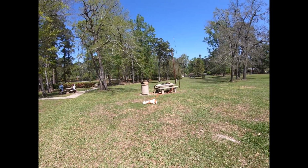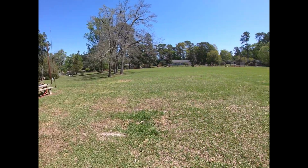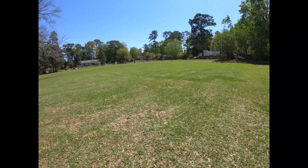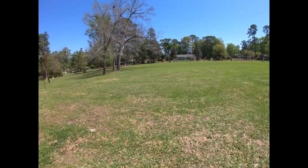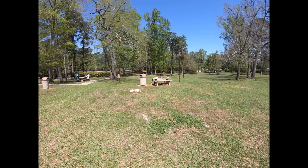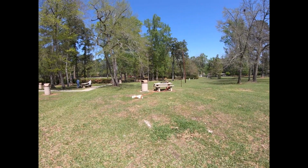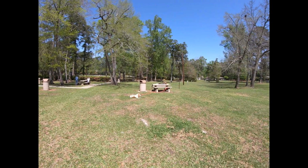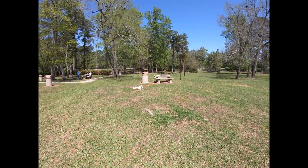Hello from Dothan, Alabama. This is Solomon Park. It's a park very familiar to me because I grew up in Dothan and had a lot of good memories from this park here. Susie and I are here doing RaDAR, Rapid Deployment Amateur Radio,